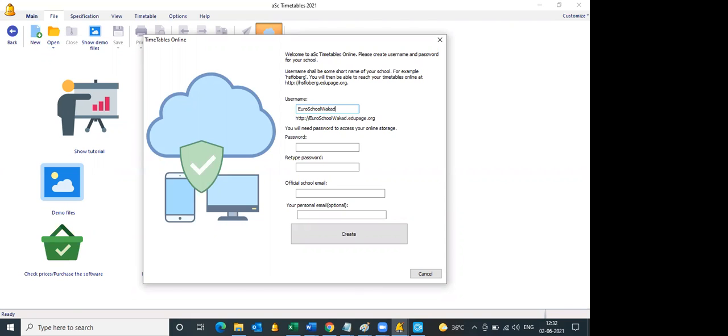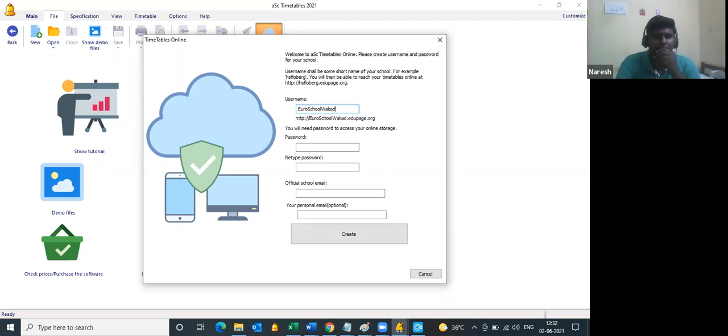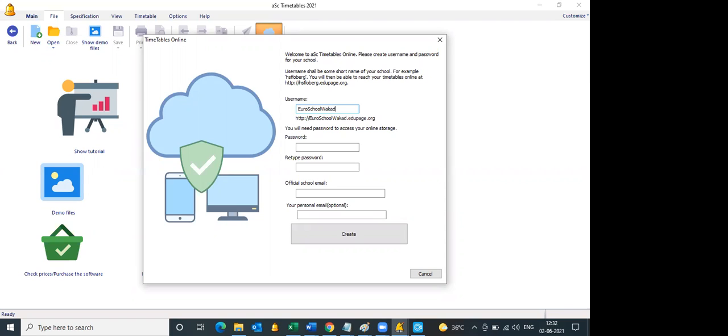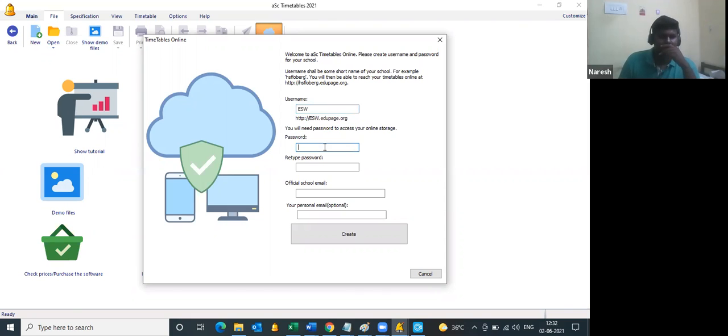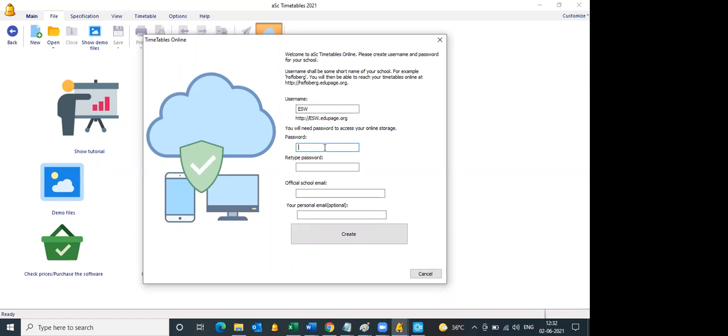So what would you prefer to have the website name as? ESW. Okay, I'll put a dummy password now. You can reset it later. Yeah, okay.